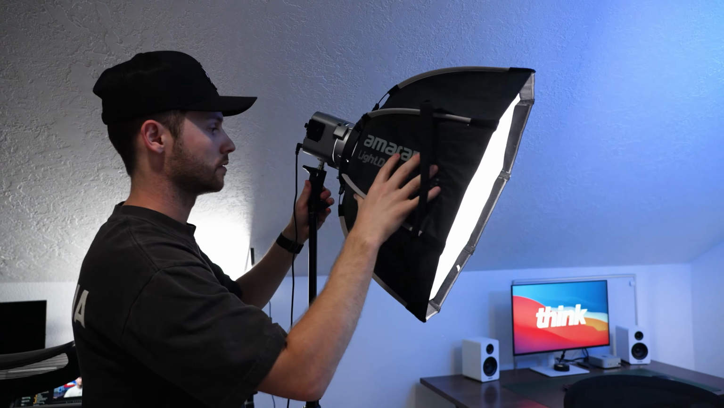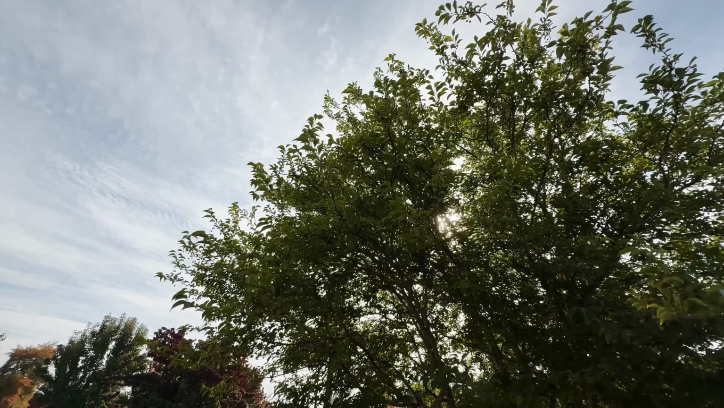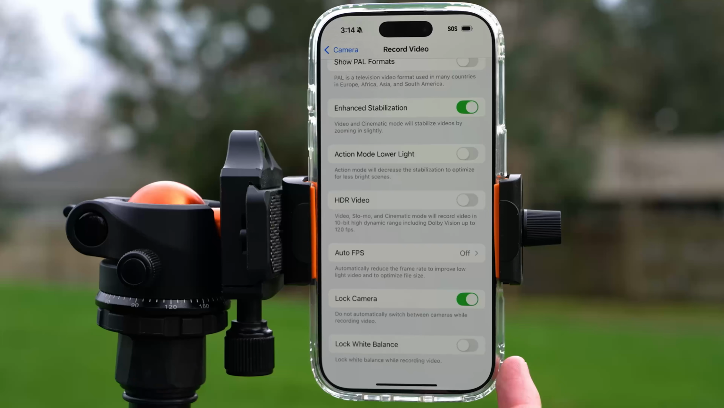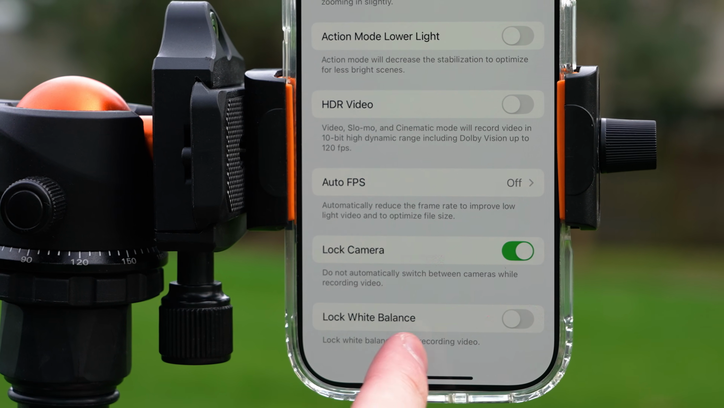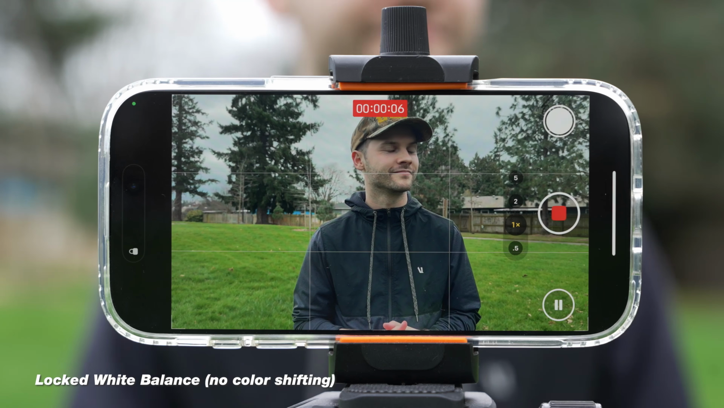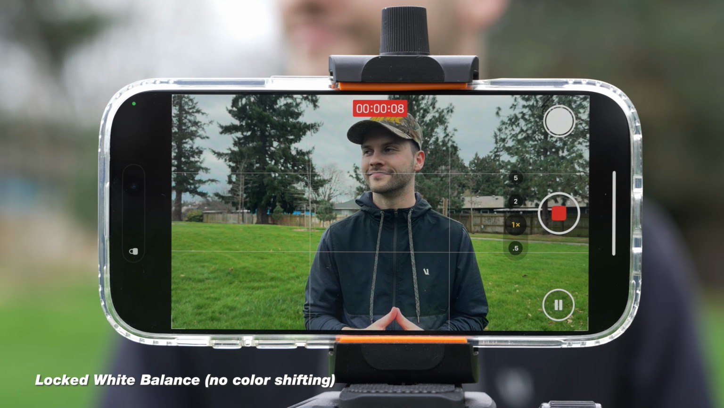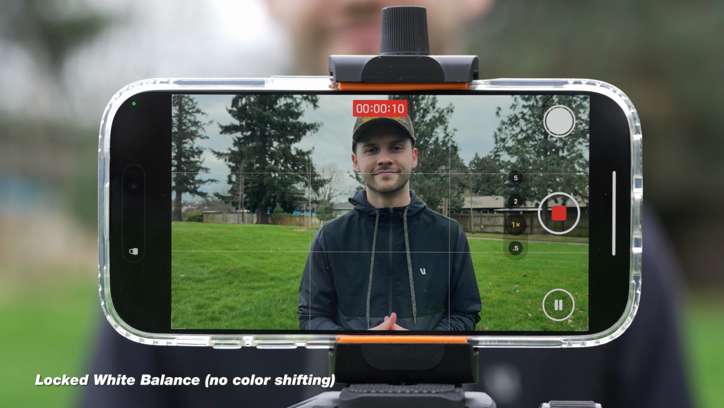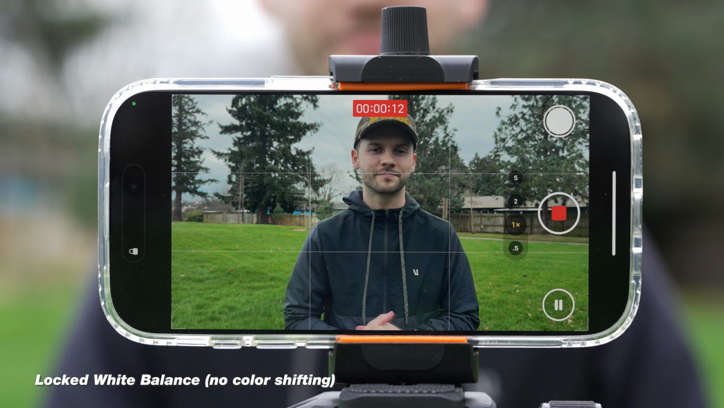Now, the next setting has to do with white balance. So this is getting your camera to visually look proper in terms of what is actually truly white in your scene. So sometimes you white balance off of the lighting that you're using, or you can be outside and have natural light. In any case, there's actually a setting called lock white balance that you can turn on in your camera settings. And what that will do is the moment you hit record on your smartphone,